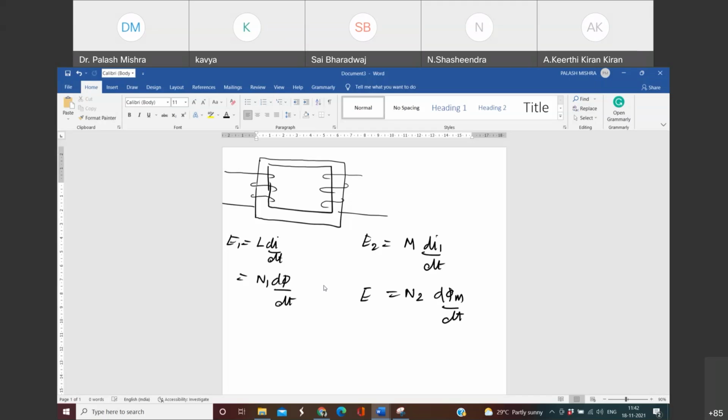Okay, this is E2 and E1. This may be new for you. You must have read these two formulas, this one and maybe this one, but you wouldn't have read these two formulas related to each other. That there will be the induced EMF E2, which is because of the current I1 flowing in the primary coil. So this kind of circuit, these two are a mutually coupled circuit. Why? Because the current flowing in one circuit is affecting the flux linkage in the other circuit. So such a circuit is known as a mutually coupled circuit.